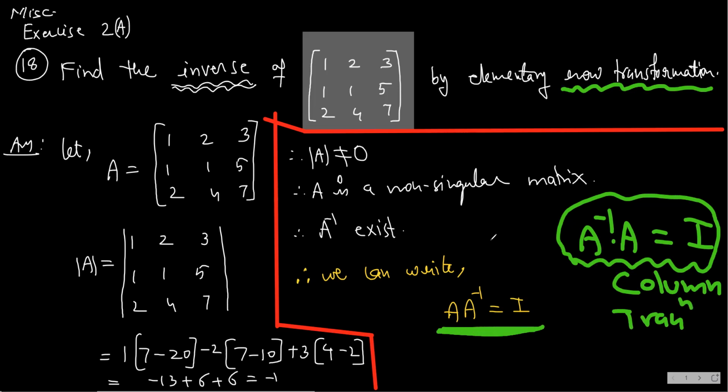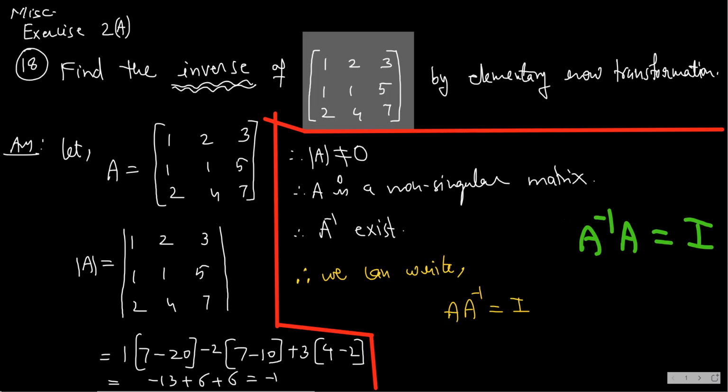Okay, for row transformation, what will we write? We will write A into A inverse. And why will we do that? I will tell you that also. We will write A into A inverse because, as you know, students, in row transformation we are allowed to make changes only to the prefactor. You see this prefactor. So I will have to keep this prefactor as the given matrix, because I want to work on the given matrix.